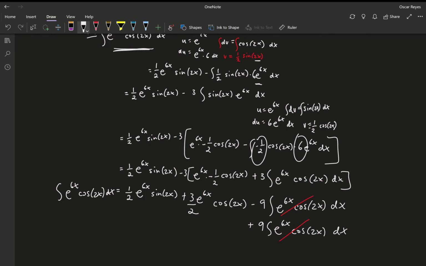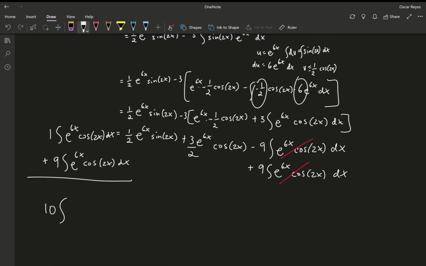Think of it as all of the right to the 9 is a variable, like having 9a. So we have negative 9a, we add them to both sides, and on this side we have just a. So we're going to add 9, because this is going to have a 1 on the outside, integral of e to the 6x cosine of 2x dx. That'll give us